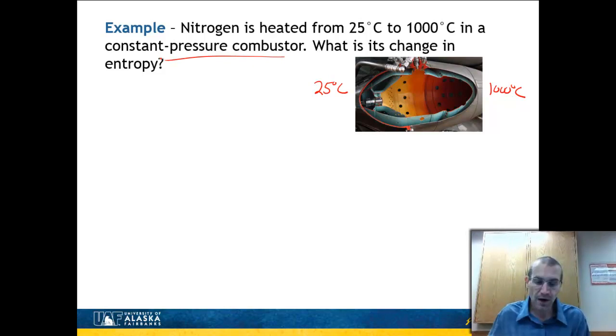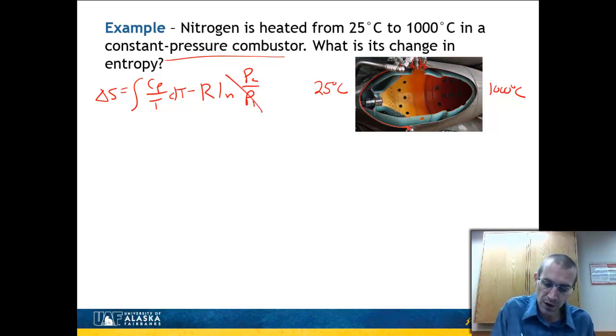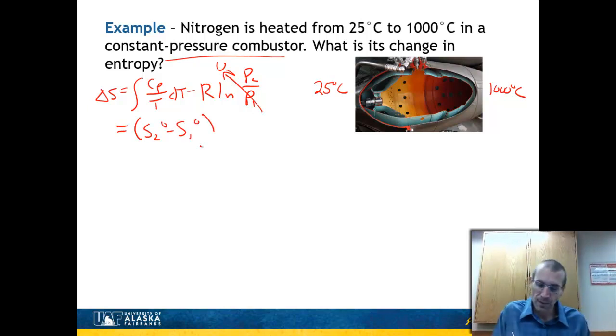So if I'm going to go ahead and calculate what my entropy change is here, delta S is, and now I'm not going to assume a constant heat capacity. And so what I need to do is integrate Cp over T dT minus R ln of P2 over P1. And it's a constant pressure combustor, so that term right there is going to be 0. The log of 1 is 0, so that term is 0. And this becomes simply S2° minus S1°. So now what I'm going to do is just look up these values